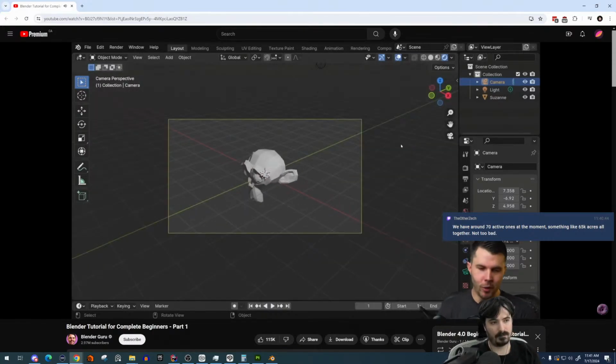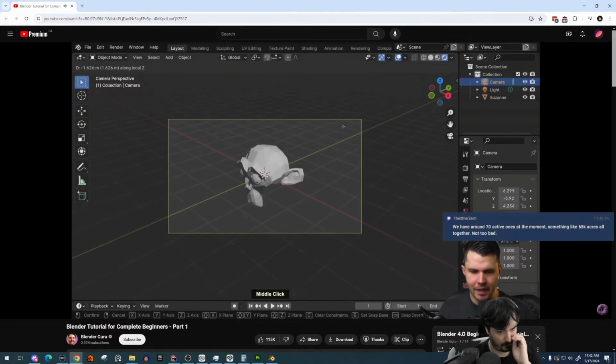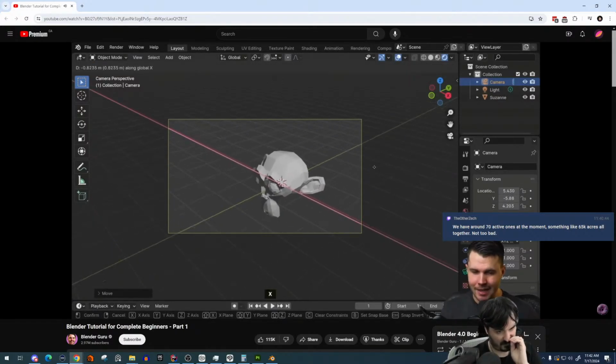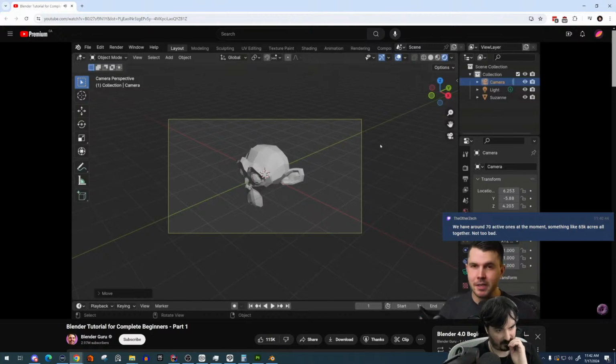So how do we move the camera? Well, Blender's maybe a little different to other software packages, but you're supposed to hit G to move it, and then middle mouse to zoom in and out. And if you want to move along an axis, I guess G and then X. You could do that, but actually what a lot of users prefer, especially those from other software packages, is if